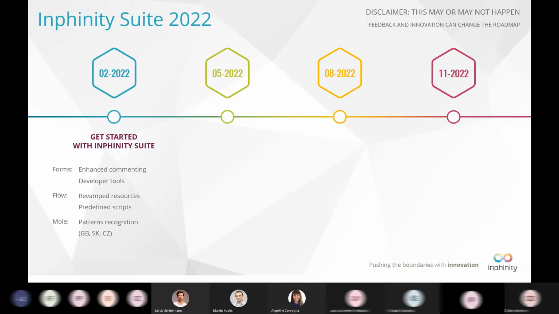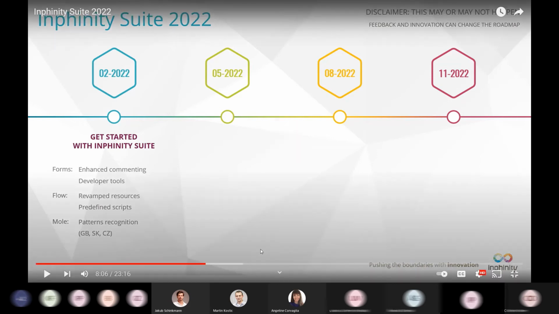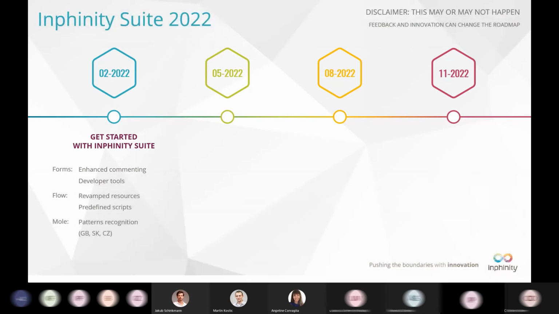So regarding Infinity Flow, we almost completely revamped resources, making them more interconnected. So in the documentation, you can now find Tech Tuesday videos, but also many more examples, links to the Infinity Universe, the partner portal, and so on.